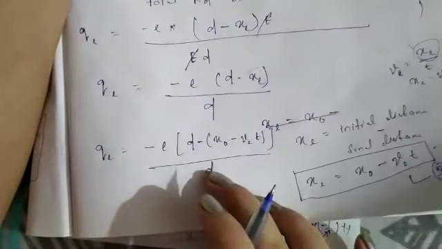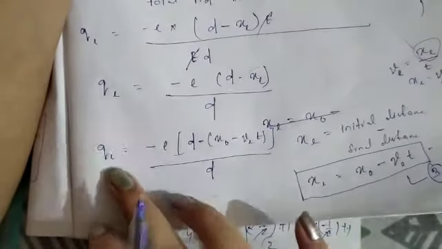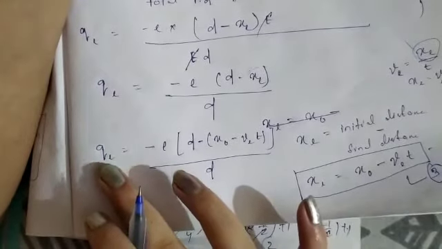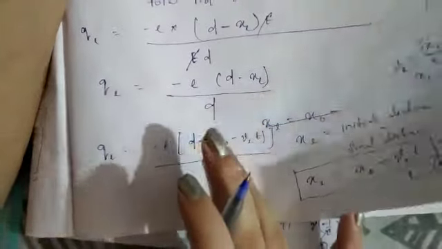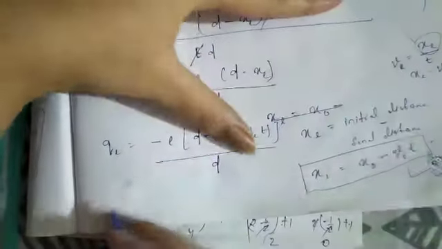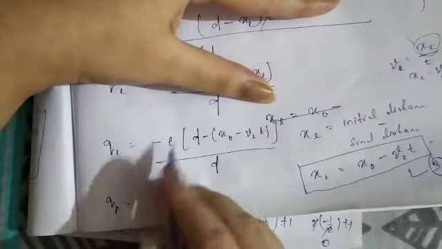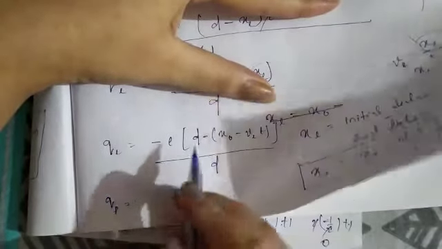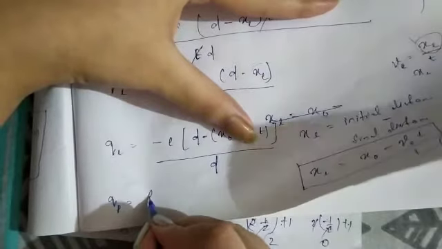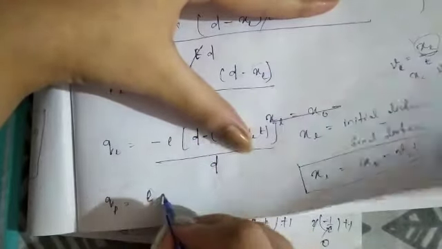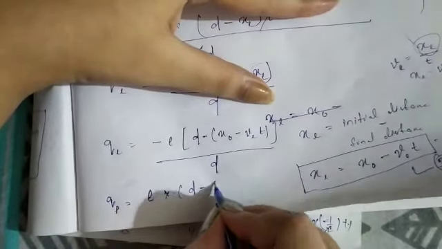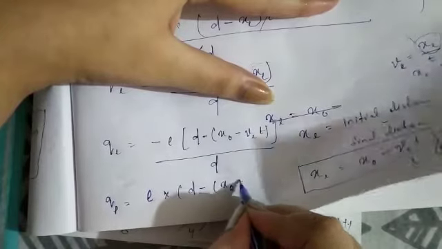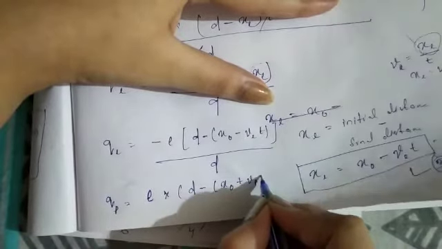This is for the electron only, the charge induced on the anode at time t by the single electron. We can also calculate the charge induced on the cathode at time t by positive ions. So that will be Q_p. In case of minus we use plus for positive here, so the charge is e into (d minus x_0 plus v_p t).